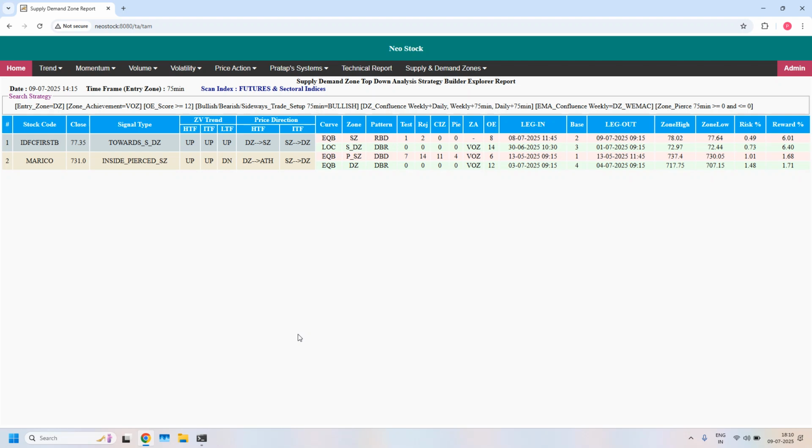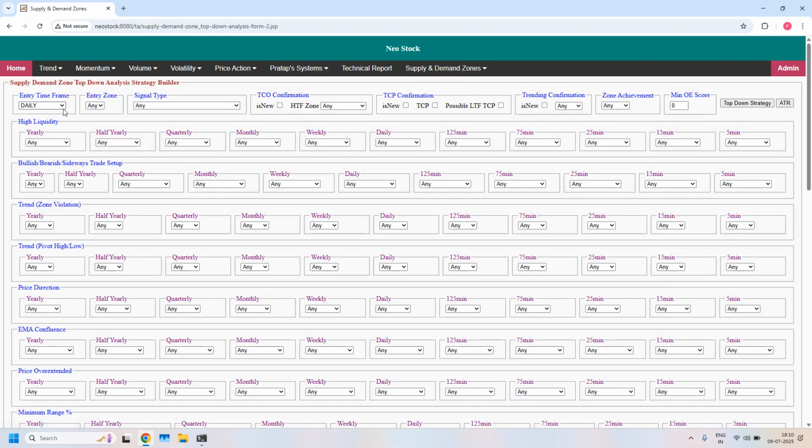Okay, this is the bullish trade setup for weekly income trade. Next, we will look into the bearish trade setup for weekly income trade. Entry time frame 75 minutes, entry zone supply zone, bullish or bearish at 75. I am selecting bearish. Zone achievement VOZ, minimum odd and hands score 12, and also the 75 minutes supply zone should